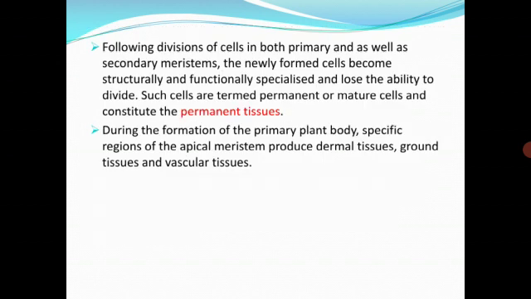Following divisions of cells in both primary as well as secondary meristems, the newly formed cells become structurally and functionally specialized and lose the ability to divide. Such cells are termed permanent or mature cells and constitute the permanent tissues. During the formation of the primary plant body, specific regions of the apical meristem produce dermal tissues, ground tissues, and vascular